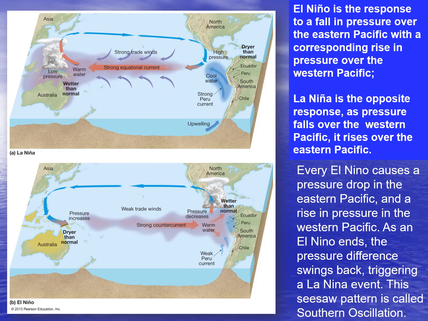These are really nice drawings. So El Nino's on the bottom. We'll start with that one there. So again, it's a weakening of the trade winds, a response to a fall in pressure over the Eastern Pacific with a corresponding rise in pressure over the Western Pacific. Okay, so every El Nino causes a pressure drop in the Eastern Pacific and a rise in the pressure of